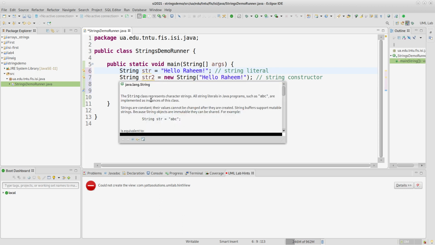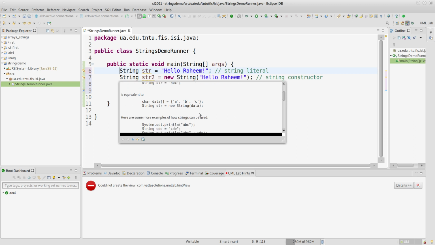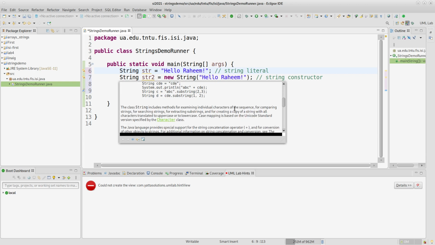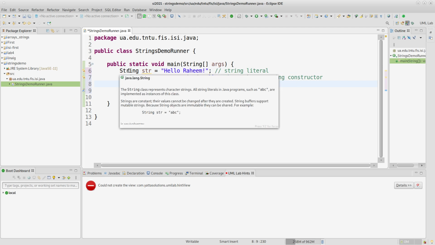So, what is the idea? The idea is that you see that we have multiple equivalents of how we can create a string, and examples of using them, but we will move to them later. Also, let's look at the class of the string. At first,